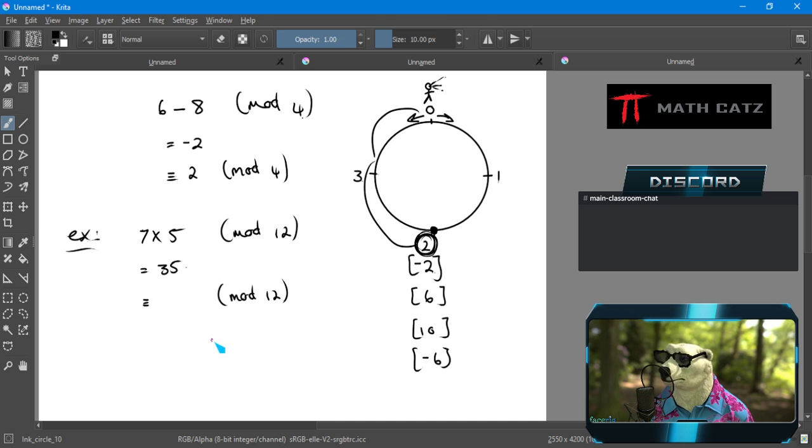Well, I can think of how many full loops of 12 I can get into 35 steps. I can only do 2, right? I can't quite finish that last one. That uses 24, and I have 11 left. And so the answer is 11. I know where I'm going to be. I'm going to be 1 step before 0, because a full 36 steps would get me to 0, which would put me up here. Just 1 step before that, and its representative is 11.